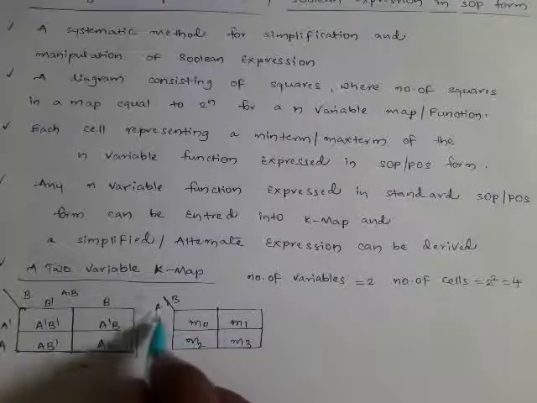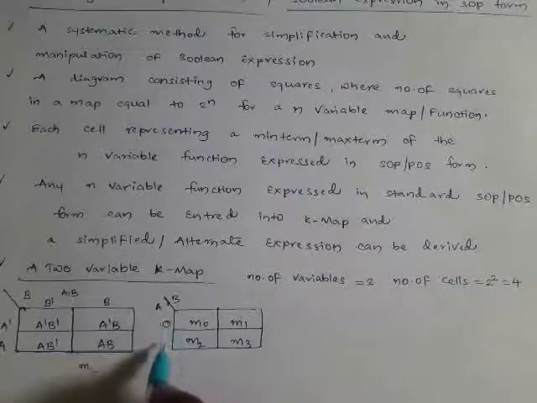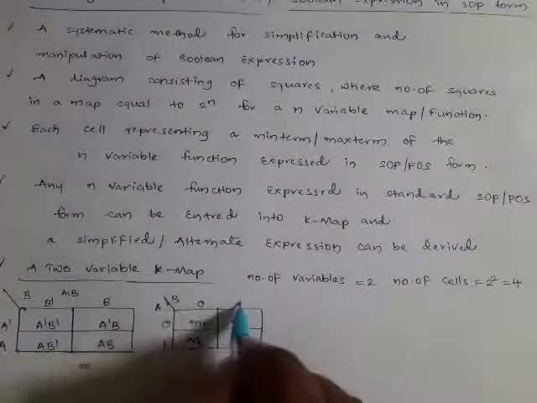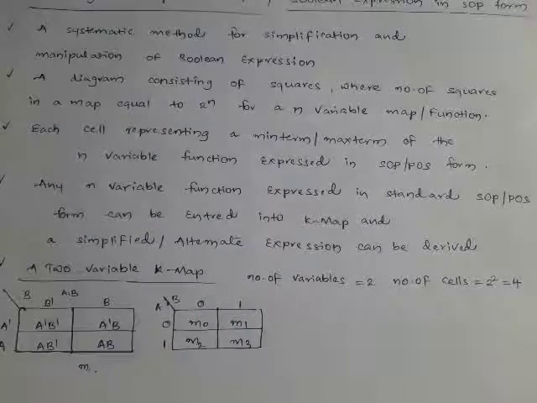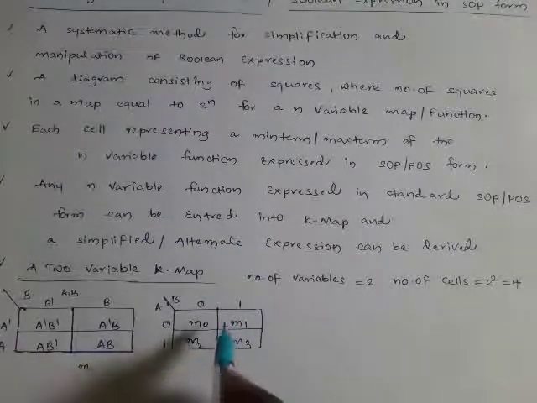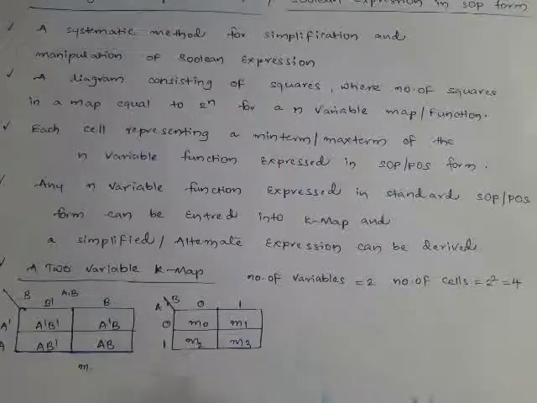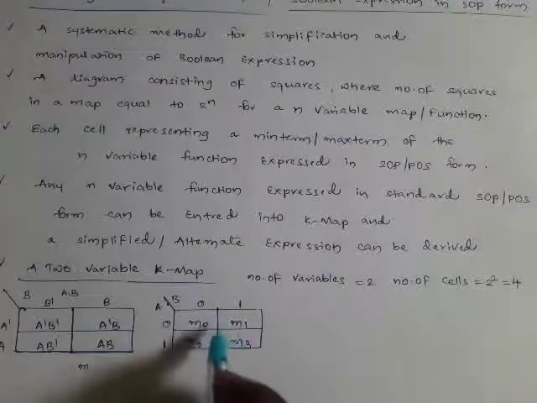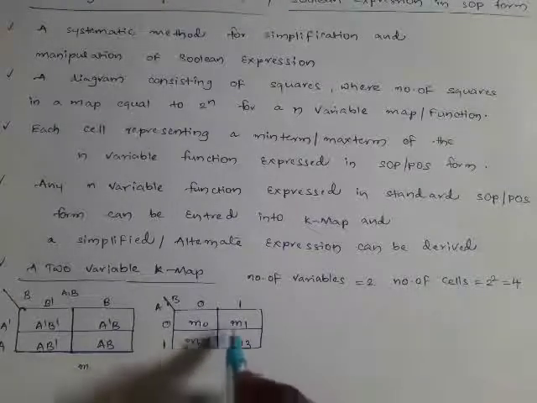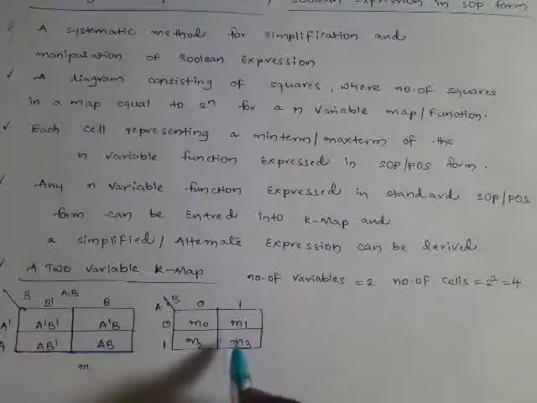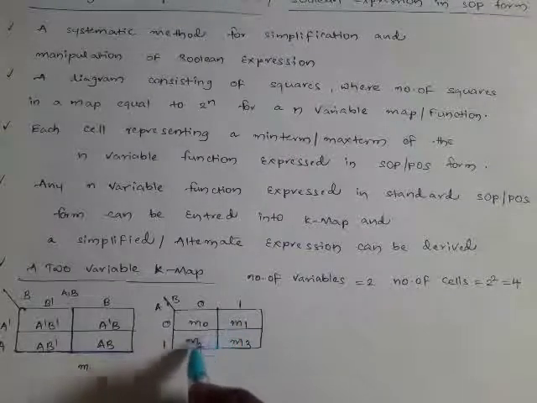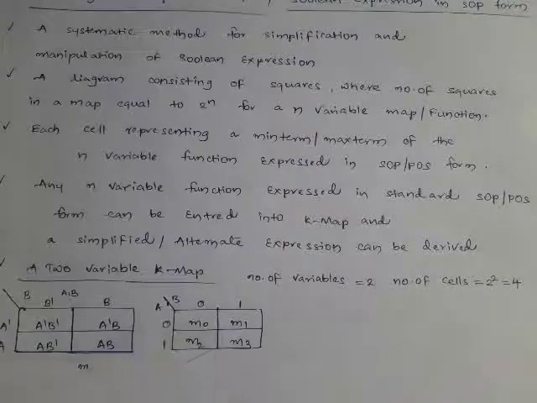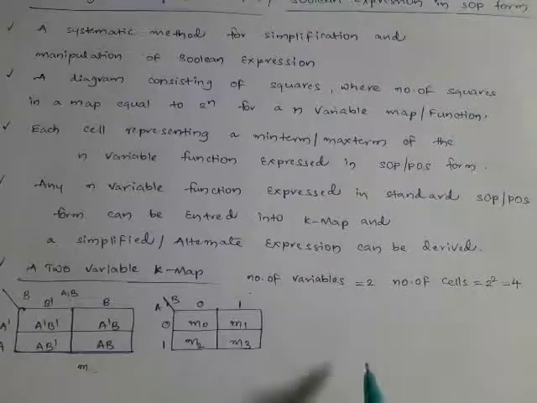Or I can show here this value of a is 0 for this row, and for this row it is 1, for this column the value of b is 0, and for this it is 1. And here you can see that this is m0, m1, m2 and m3. It looks like we have followed the decimal sequence, but this is not the case actually, so we'll see later why the sequence will not follow the decimal, that is m0, m1, m2, m3. So next we'll look at how to represent